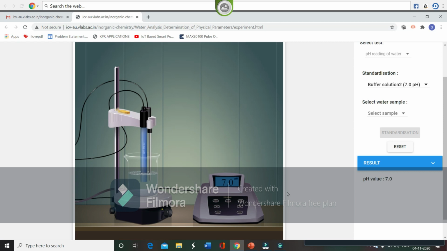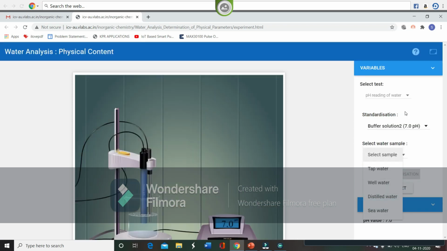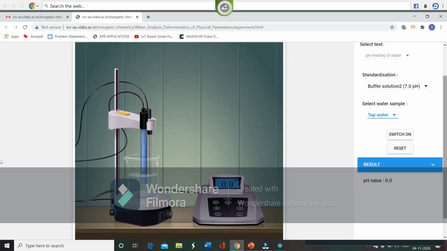Now select the water samples for which pH has to be determined. The first sample which we are going to consider here is tap water. Select the sample water, switch on the meter and check the reading. The pH of tap water is found to be pH 7. Switch off the meter,